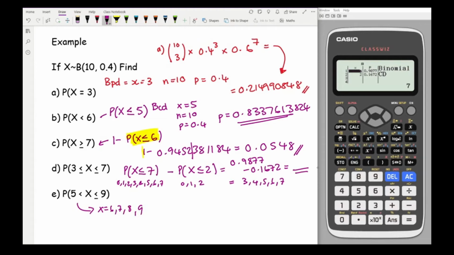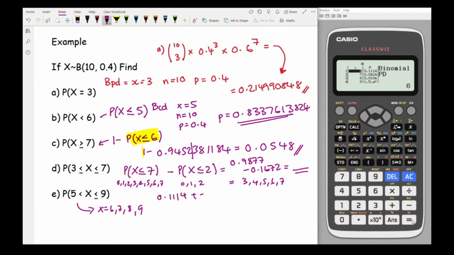So again, going back to the calculator and resetting it, or switching it off even, and going to menu, there we go, and select 7. So here I could go for the exact value, so I could go for PBD, and then I could have a list, and then entering the numbers I want. So I want 6, 7, 8 and 9, and press equals, and the parameters are exactly the same, press equals there, and in my working out, all I've got to do is